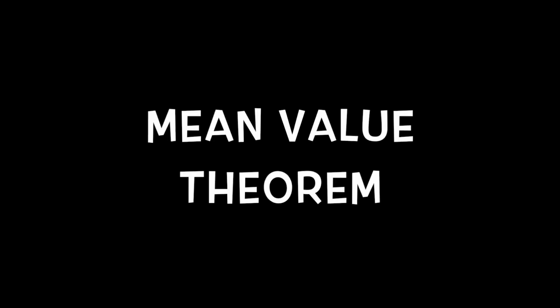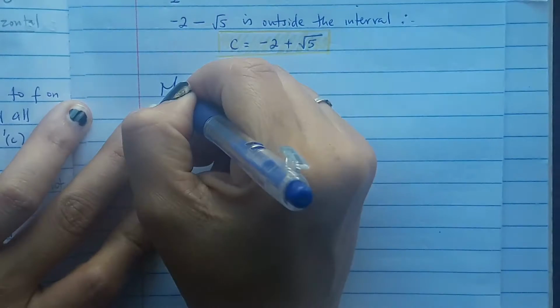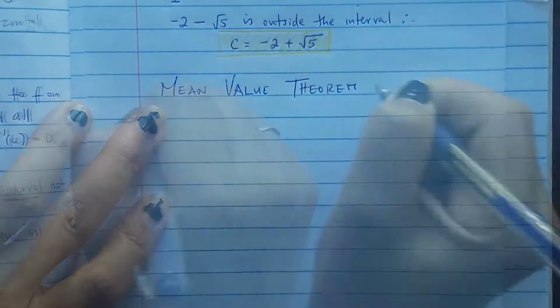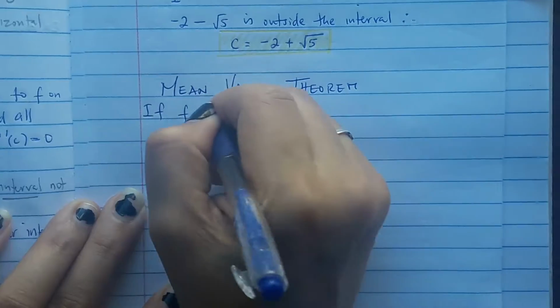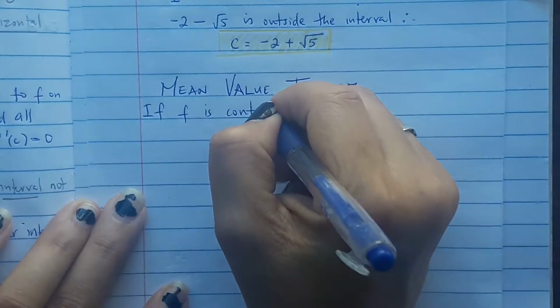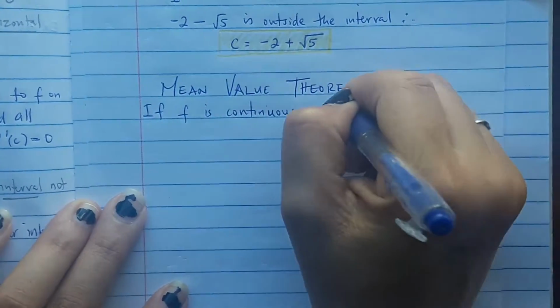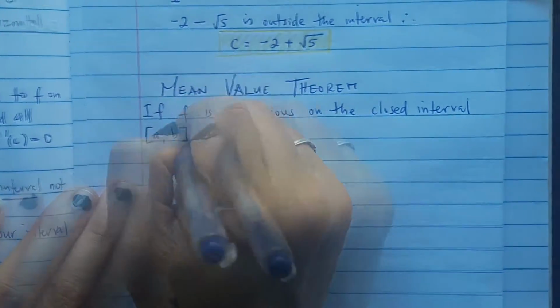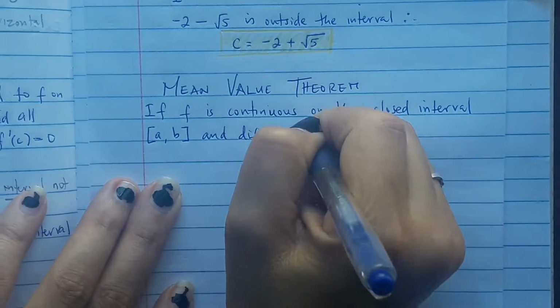Alright, so continuing on, we're going to take a look at the mean value theorem. Just after Rolle's theorem, you're just going to write down the mean value theorem. What the mean value theorem says is really exactly like Rolle's theorem with the exception of one thing. If f is continuous on the closed interval [a, b] and also differentiable on that open interval (a, b),